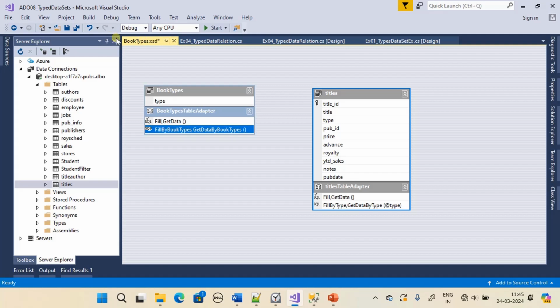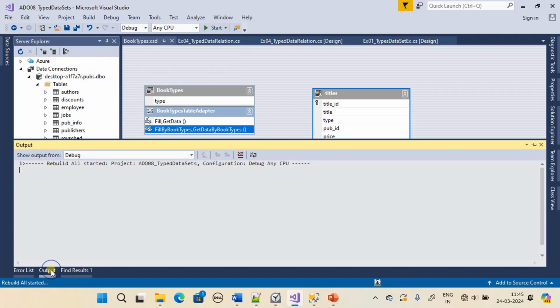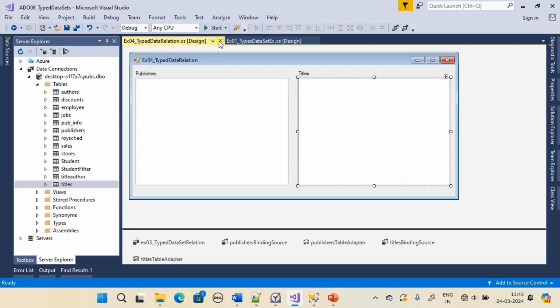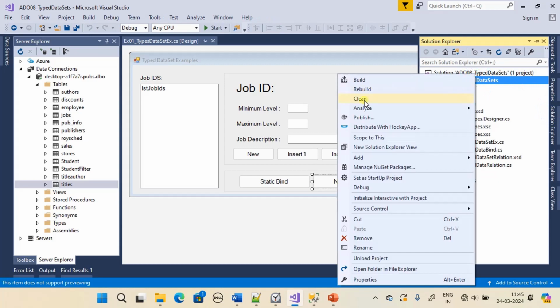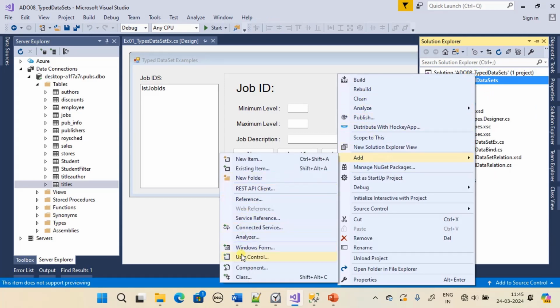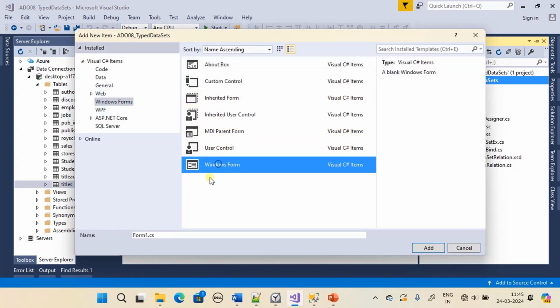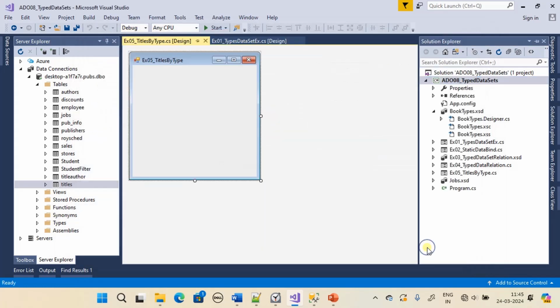Now we will save all, rebuild this once, and add a new Windows form for our project. And we will name this form as titles by type. We will add it,